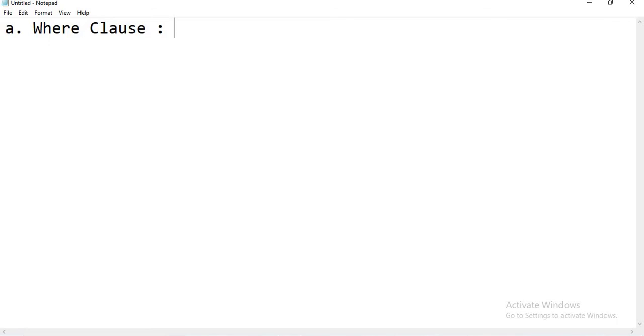These data filters help us restrict the rows based on specific conditions. Do you want to restrict the columns? Of course, yes, you can do that by specifying the names of the columns in the query. But for row restriction, you need to use one of the clauses we are going to talk about.